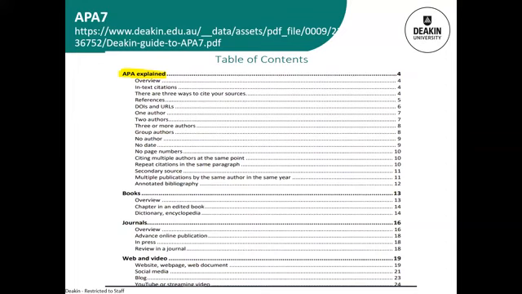With referencing, it can be a little bit overwhelming if you are new to it, but keep in mind that you don't need to memorize these skills. As long as you've got this guide handy, then it's useful. The other thing too, there are some online generator tools that can also save you some time with your referencing. But always go back to the Deakin guide just to check that it does meet the Deakin requirements, because there can be some differences and variations depending on what generator tool you use. So that's something to keep in mind there too.